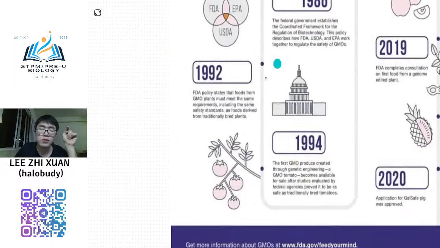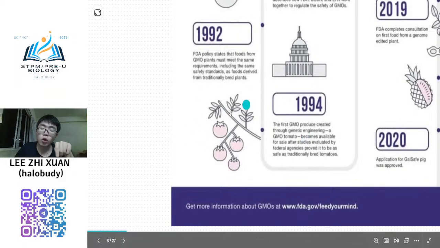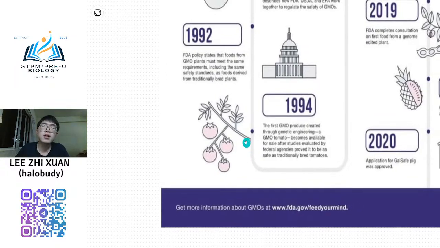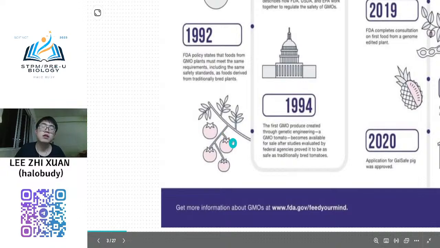So they discovered, you see, the tomato. This tomato has its gene changed. Why change the gene? Because they needed to shorten the ripening time. In traditional tomatoes, the ripening time is very long. You need to wait a very long time for the tomato to ripen. When you use this GMO genetic engineering technique, the ripening process is very short, and it also increases the quality of the tomato.